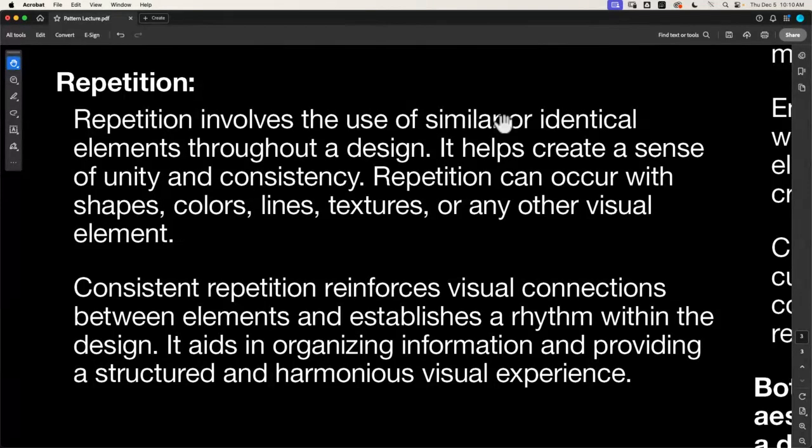We repeat things across a designed catalog or book, because repetition equals recognition for the reader. They understand, oh, this is happening here, then it happens here, and it happens here. And I'm a more comfortable reader because I know what's going to happen on every page,